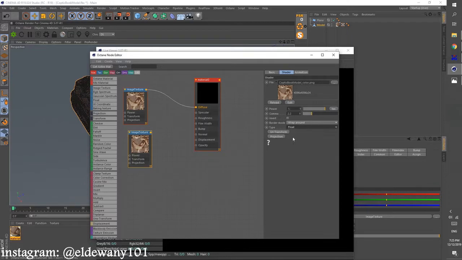Float type images are usually grayscale, and they use less memory in your GPU. So if you have a low memory GPU, float images are fine, especially if you're going to use them in a grayscale channel like a roughness channel or a bump channel. So I will just connect this one to the bump channel and then connect it to the roughness channel, and